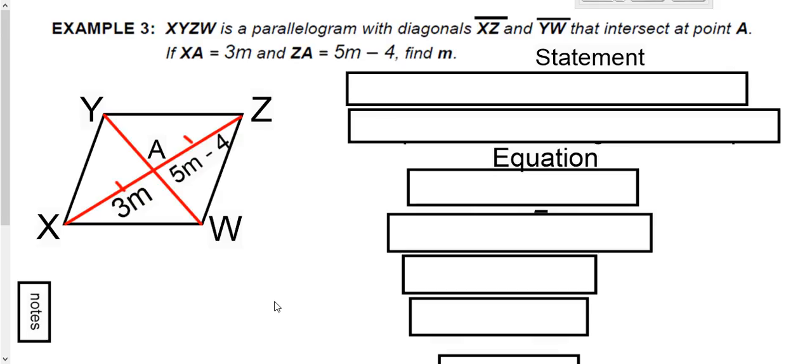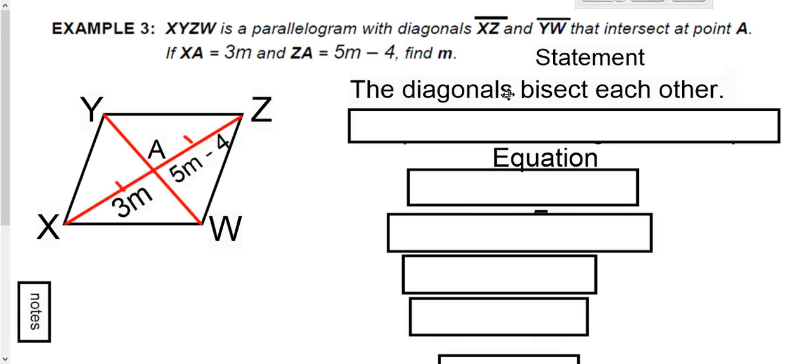Let's see what we got here. This one right here, example 3, and then that'll be the end of part 1. So I've drawn the picture here for you. The diagonals XZ and YW that intersect at a point A. So here's my parallelogram XYZW, and then I drew in the diagonals and called that point where they intersect right there A. And then it says from X to A is 3M, so that's right there. And from Z to A, that other piece of the diagonal is 5M minus 4. So we know that